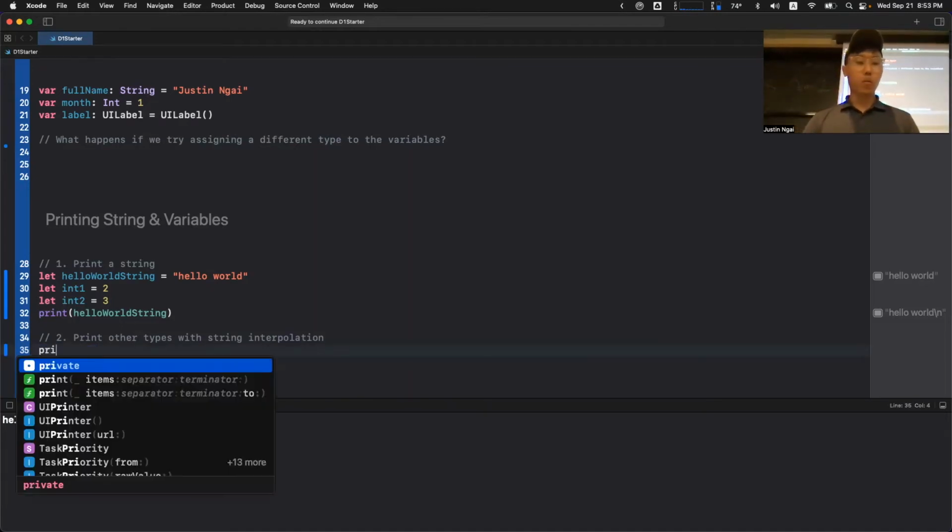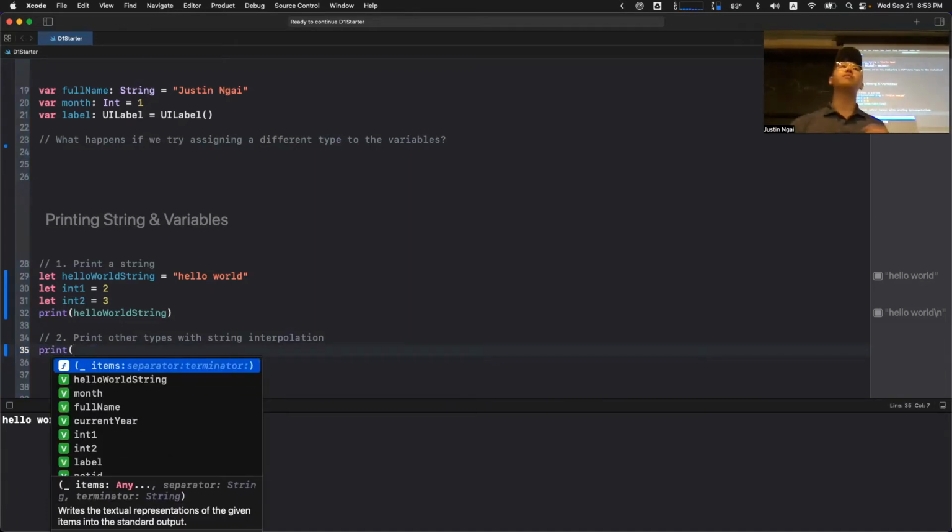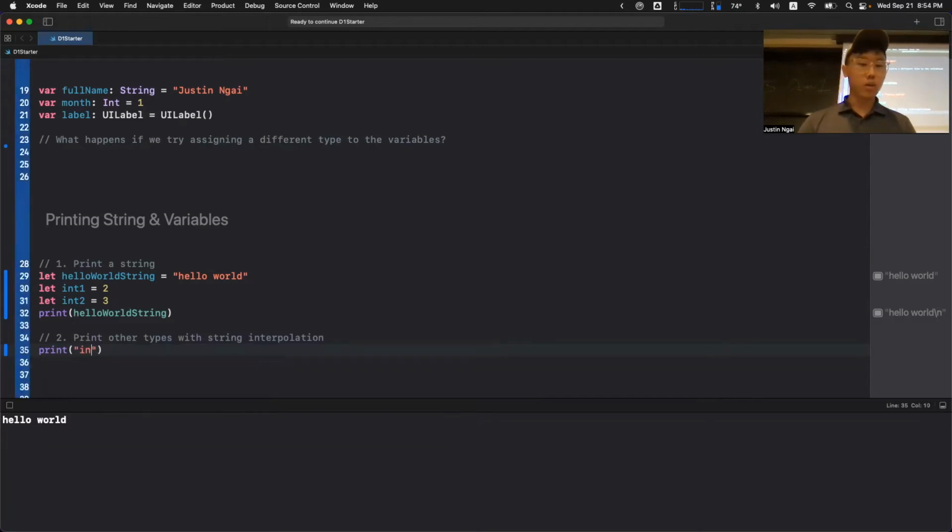The reason why we want to use that is, say, I'm debugging some code. Say I have some variable, some value that I'm constantly updating, and I want to see if this value is actually being updated. The way I can print it out is just by calling print, and I want to say, okay, int 1 is currently